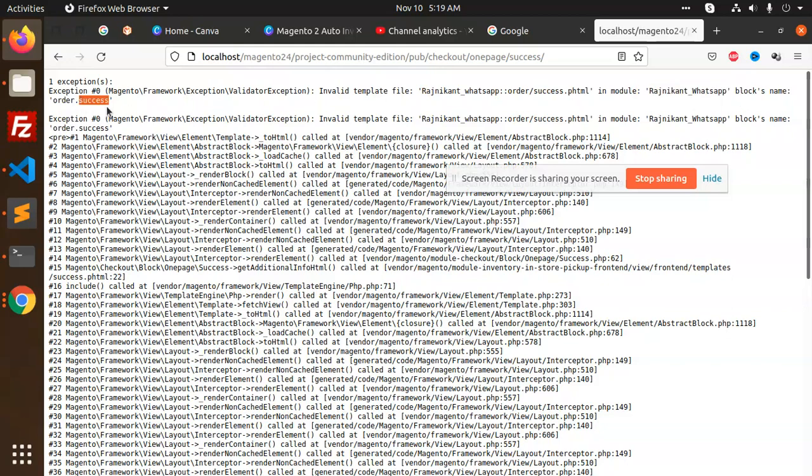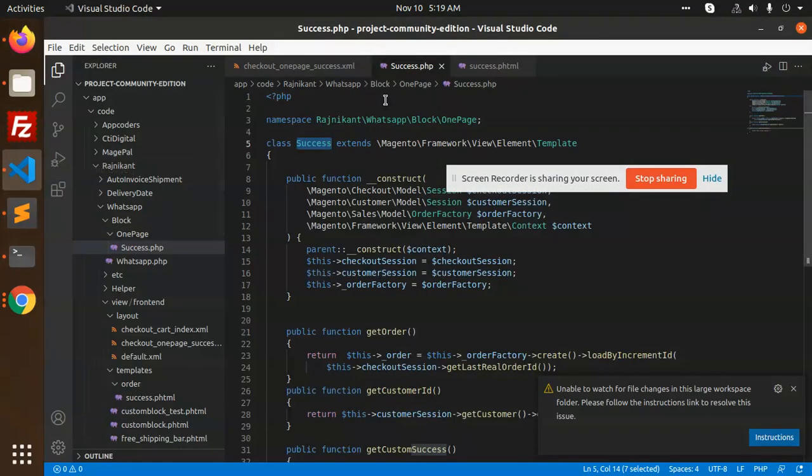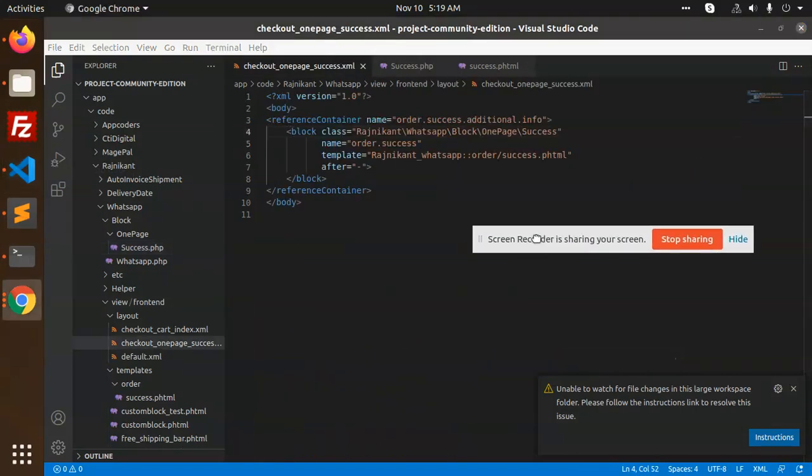Block's name order.success. Okay, let's check success.html. There is success.html in the XML. It's order/success.html. But that's why I have made it just caps.